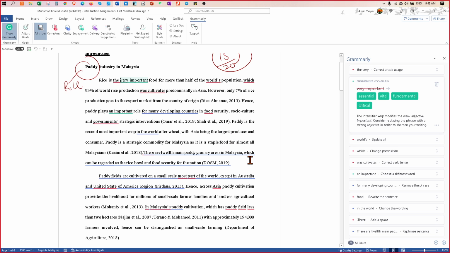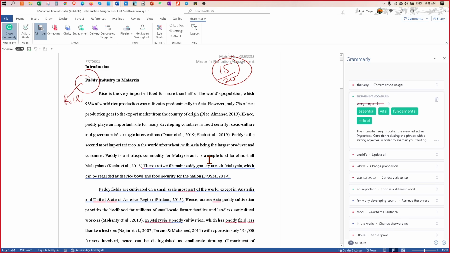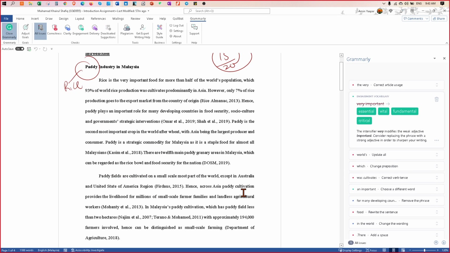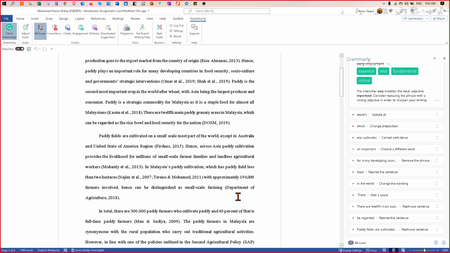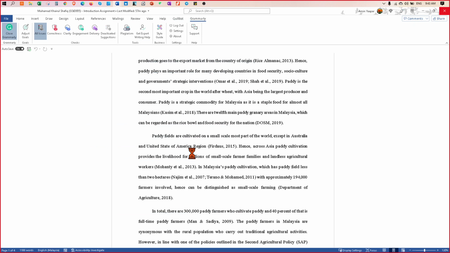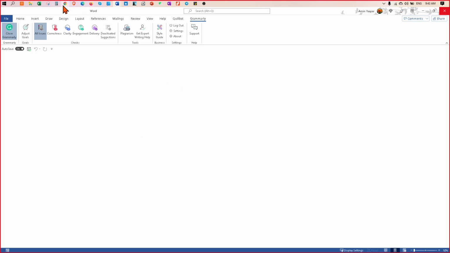Not just you, even lecturers have that issue. I can do the writing, but sometimes my time is very limited, so I cannot sit in front of the computer. And plus, this is not our first mother tongue, so it can be quite tricky. That's why you need to do it bit by bit. Don't leave it and then do it all at once, it's going to tire you out. So please check using Grammarly.